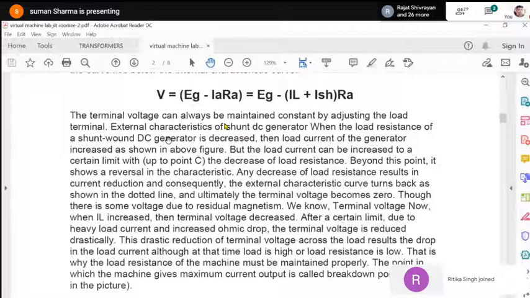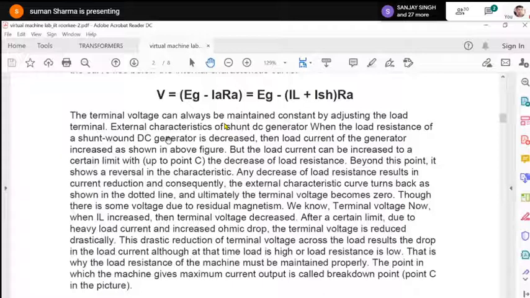So the load here is of resistive nature. What is special in a resistive nature load is that the load current is in phase with the voltage. It is not lagging or leading. It is having unity power factor. Okay. For the unity power factor load, you are decreasing the value of resistance.